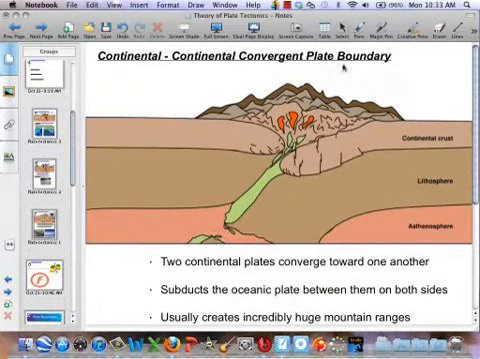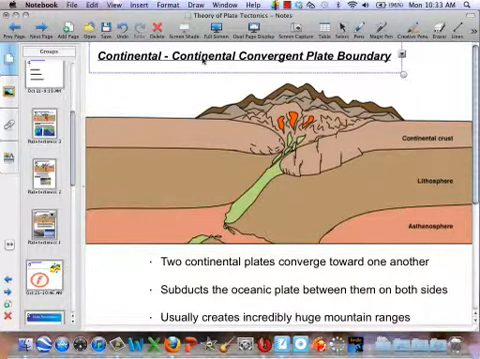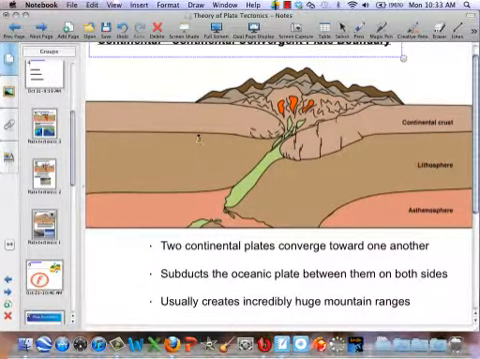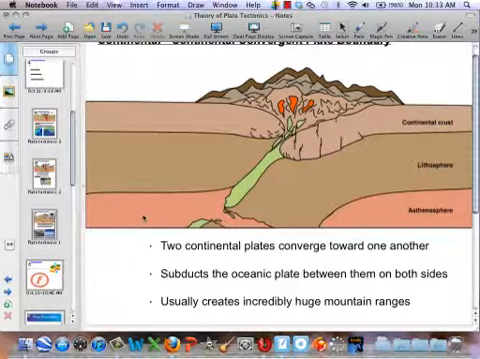Okay, the last one I want to talk about is continent to continent. And I did misspeak on this. The Alps is not an example of ocean to continent. The Alps are continent to continent. Now, one of the things I want to make sure we point out is that now we have two types of crust. We have a continent and a continent coming together. So what I want you to notice